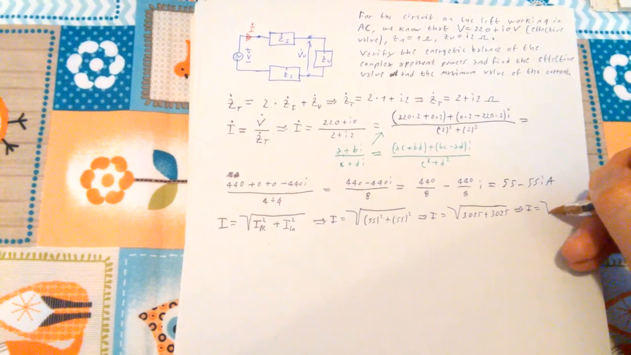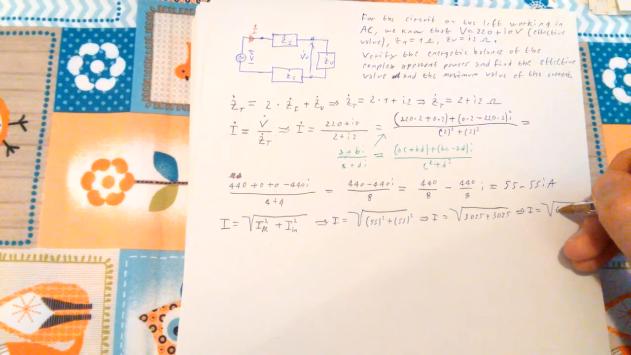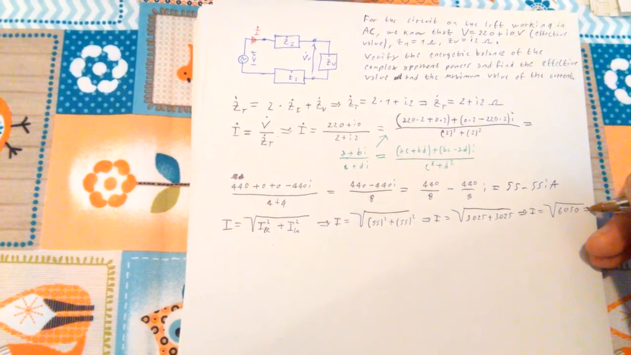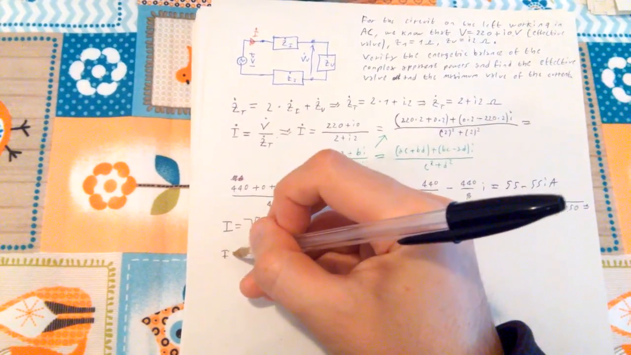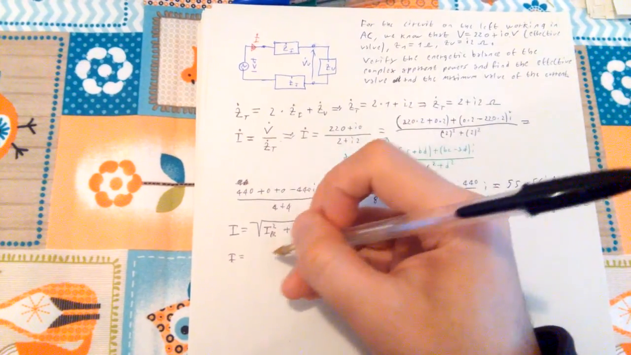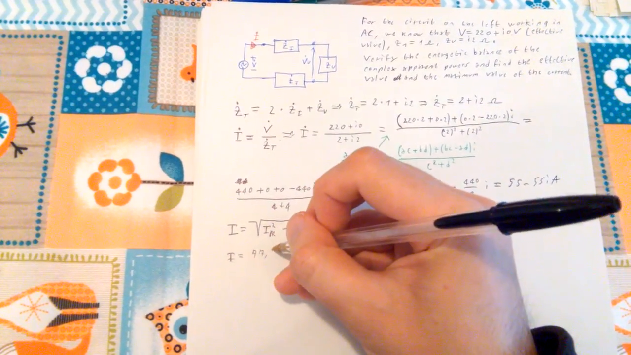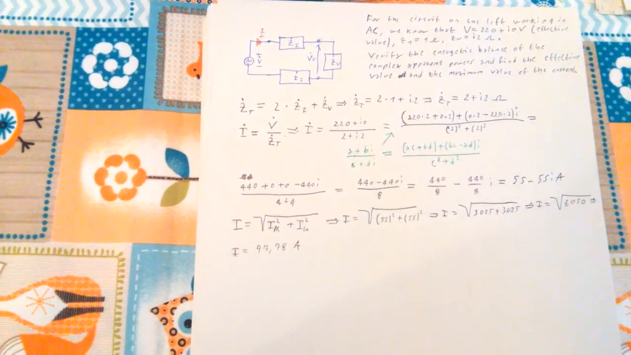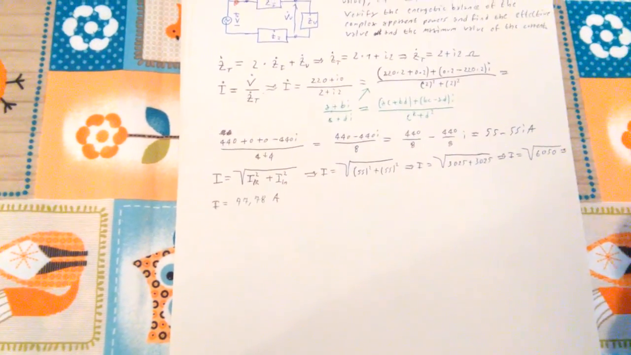So I is the square root of 6050. So I is actually, well, it's about 77.78 amps. Now, another thing I have to do,